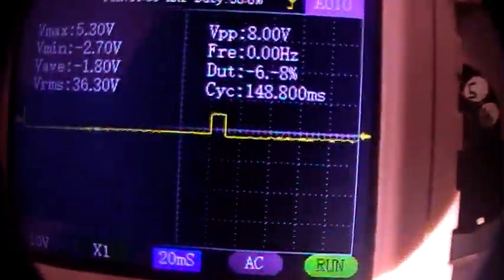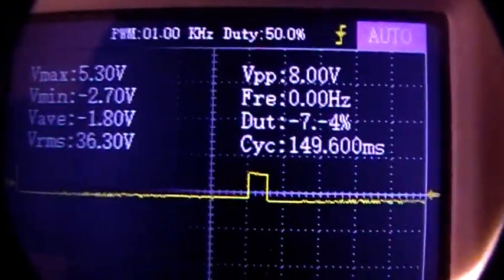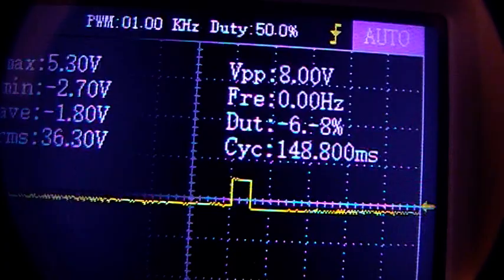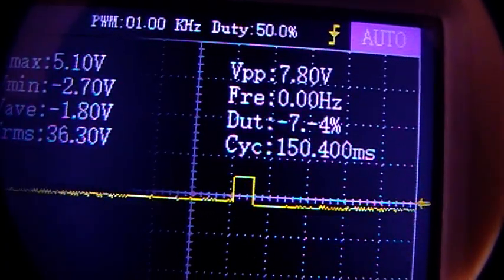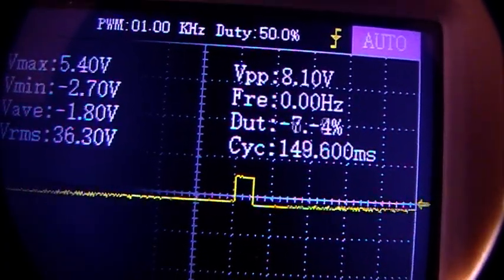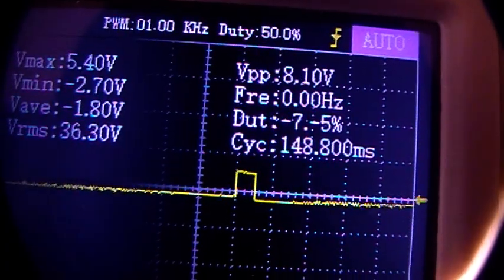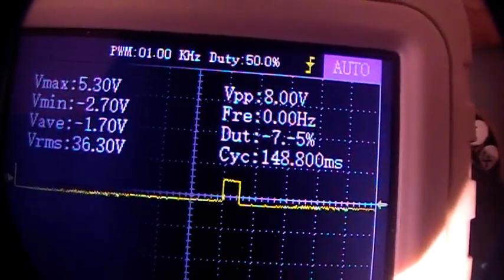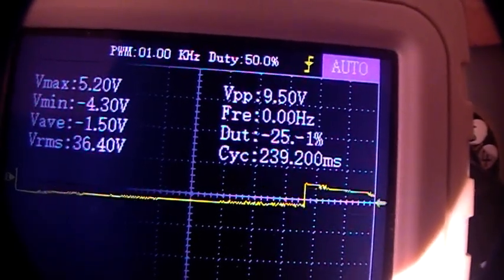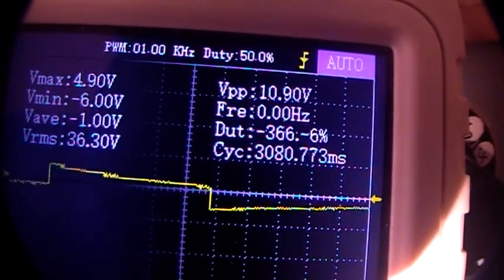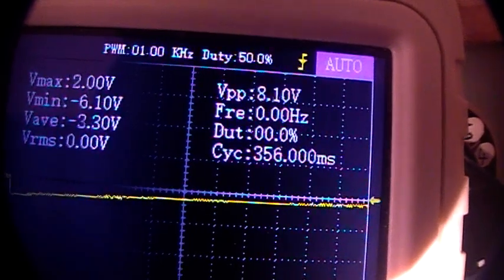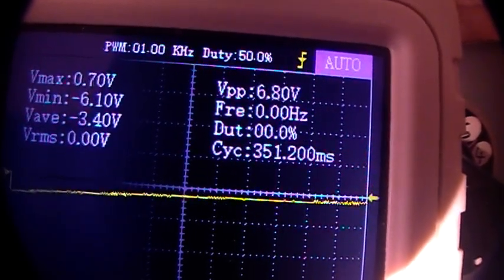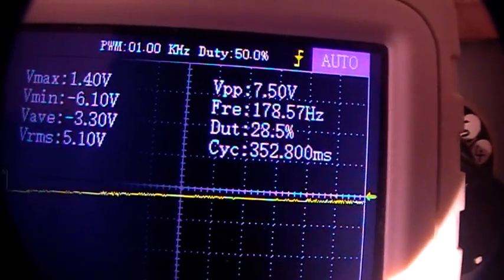Okay. Now look at that. 8 volt per pulse, 7 volt per pulse, frequency 0 hertz, duty cycle. Now, what happens when I adjust it, get the square wave moving? There's no frequencies. I start to get a frequency, you've got 30 hertz and onwards, it starts to come on